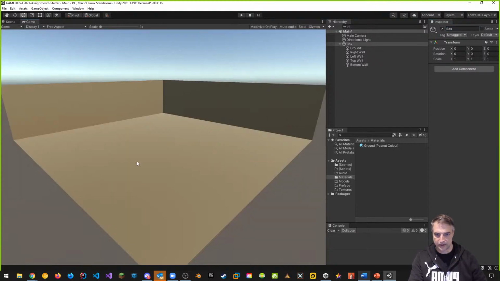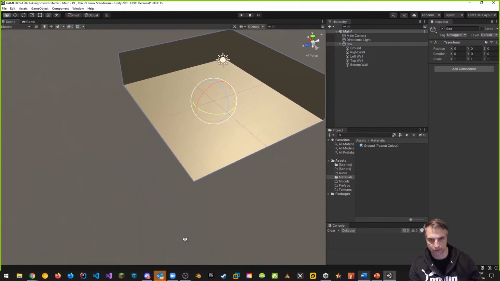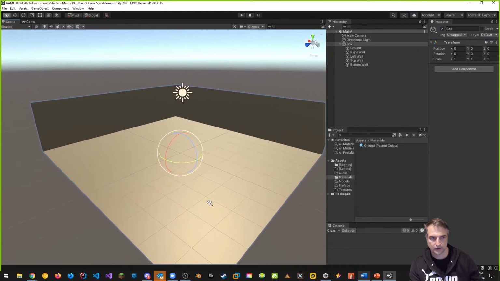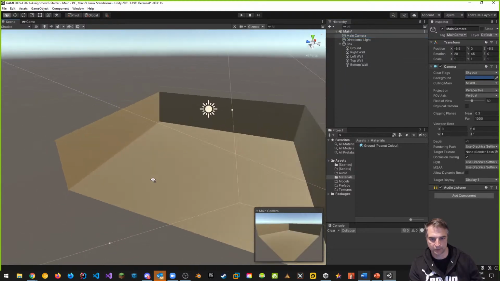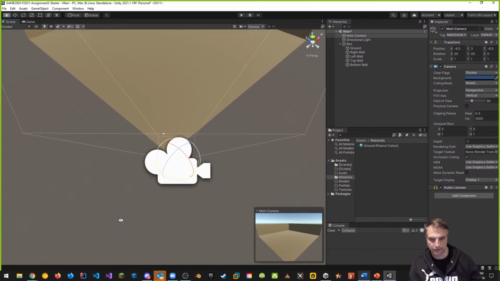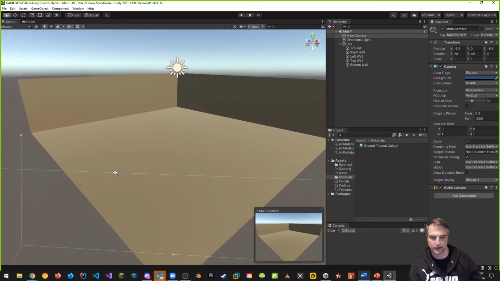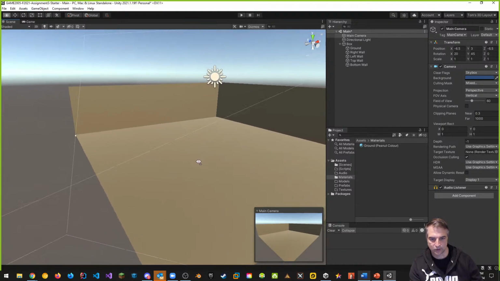Cool. What does it look like in game view? It looks like this, so this is something that we want to modify. I want to go back to that view where the camera is looking out of. If you want to see the camera, it's over here. Let's move to where the camera is. This is me looking through the camera's eyes, so this is approximately what we're seeing right now. Here's the bottom. This was nice before,